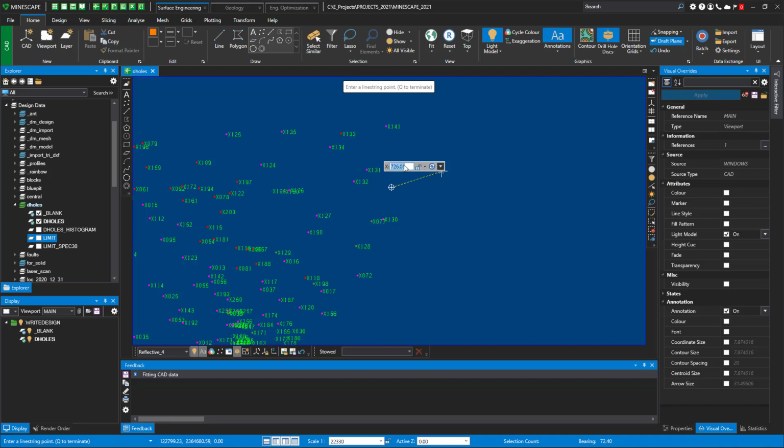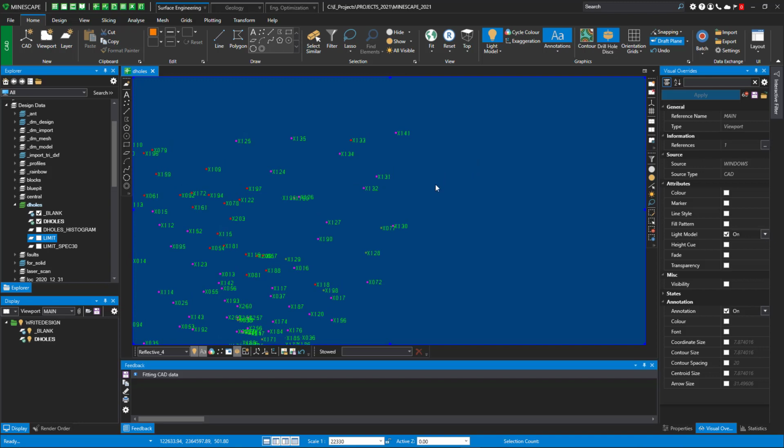So if I do X, and if I just lock in a value, say 500, and just lock it. So now when I move the mouse around, it's actually a delta of 500, in this case meters, from my point. So every one of these are a delta. Okay, the other one we've done is if I start a line again,